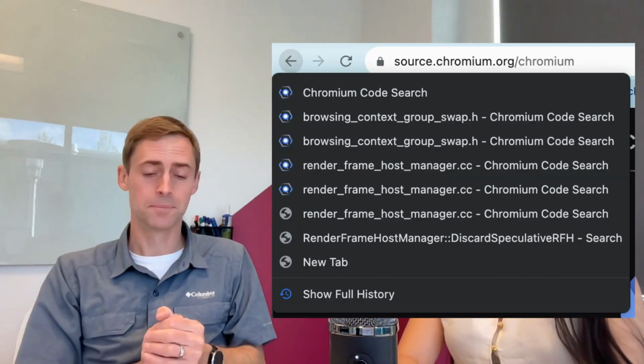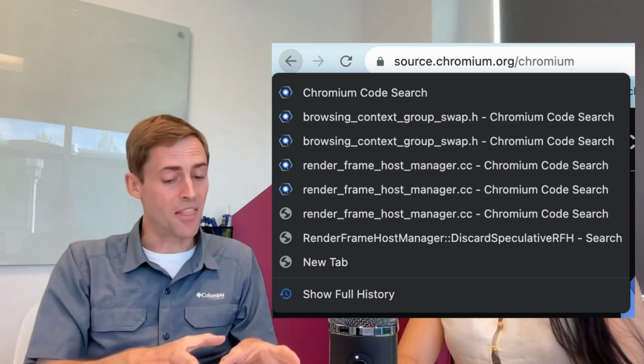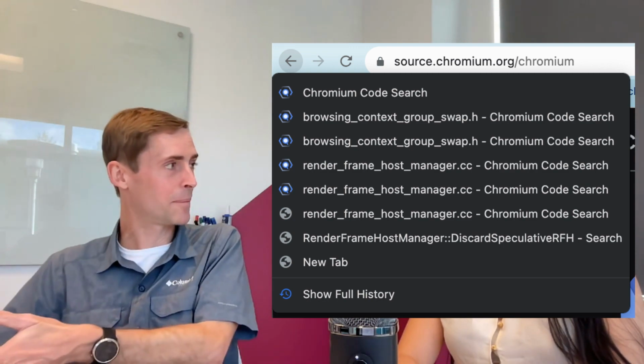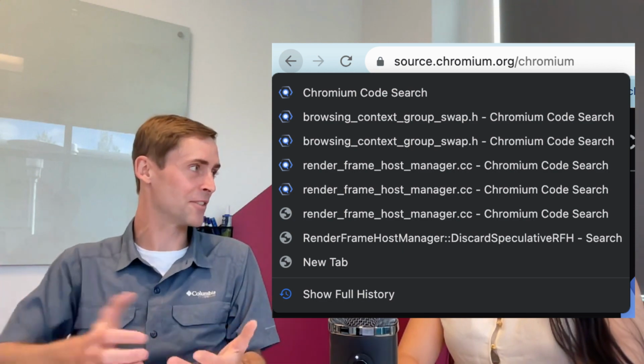There's a lot of things that we need to keep track of in the navigation system and how it affects the back-forward history that make it tricky. And then it continues to get more complicated over time as we add new fancy features to the browser. So there's lots of things that we've layered on top of that with back-forward cache and pre-rendering and new navigation APIs for interacting with session history, which make things faster and nicer for web developers, but also provide even more ways that navigation can get into interesting corner cases.